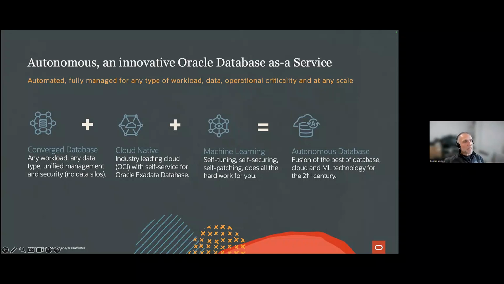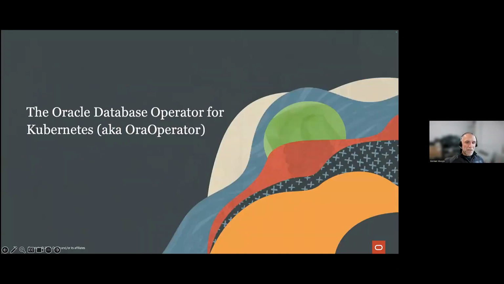We think that this is a very big trend where all database systems will go, and Autonomous Database is the pioneer in this area. All right, so enough of autonomous.